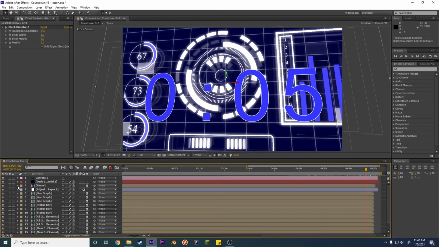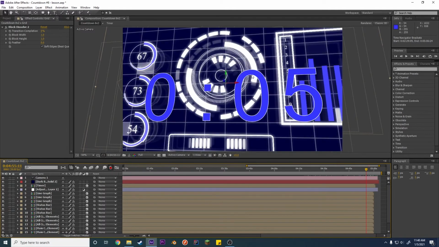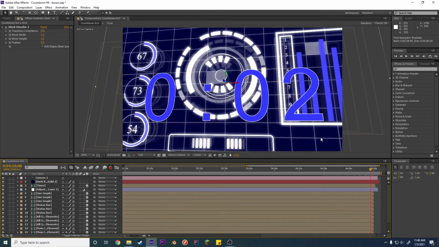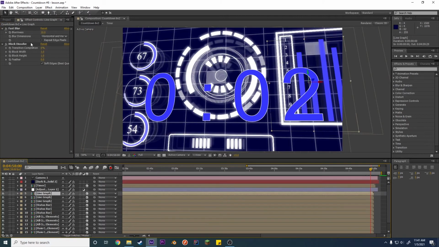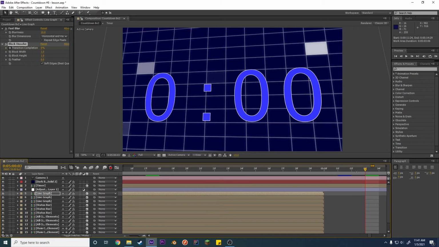So we're going to animate the block dissolve transition for all of these different items, or at least just one, and then apply it to all. So this is 2 seconds. I lined it up perfectly. You should be able to go over here, click completion 0. You should be able to jump to the end. I want it to last the longest,